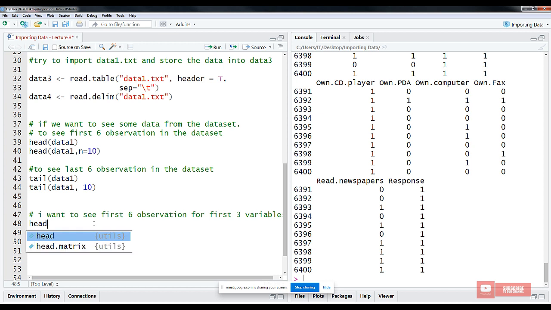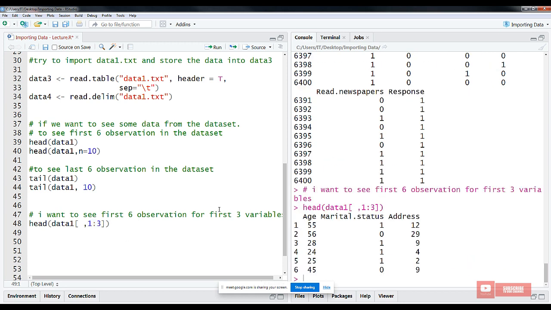Remember we use indexing function data 1. This is the function to see the first 6 observation, right? If you want to see the first 3 variables, let's say we just use indexing, comma, this is for displaying all the observation, first 1 to 3. So remember, the first argument in indexing is representing row, the second argument is representing column, right? So we can see the first 3 variable and first 6 observation,